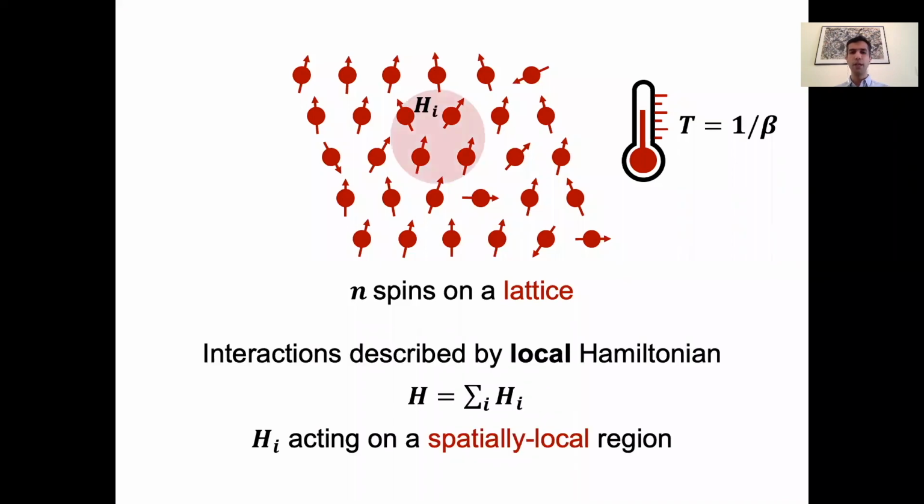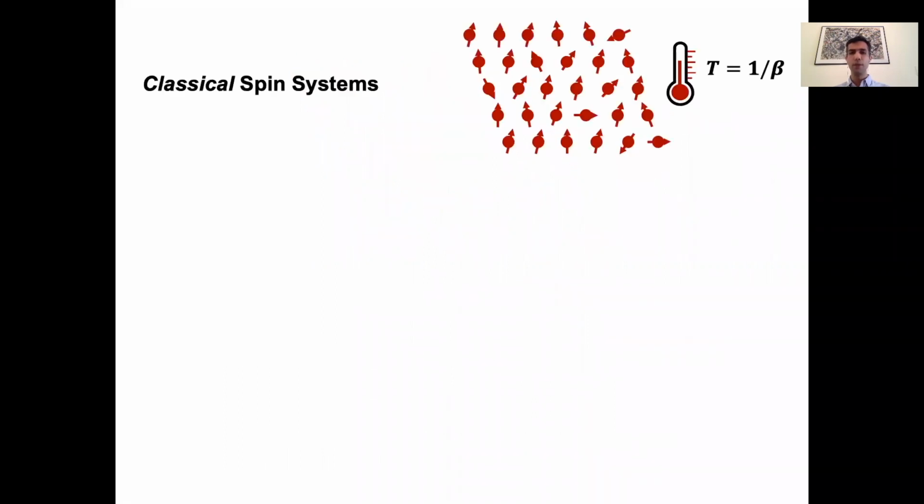These spins interact with each other, and their interactions are described by a local Hamiltonian H, which is the sum of terms Hi, each acting on a spatially local region. So in computer science language, these local Hamiltonians describe constraint satisfaction problems, but I'll keep using the physics terminology in this talk. The focus of this talk is on quantum spin systems, but before getting to that, let me first